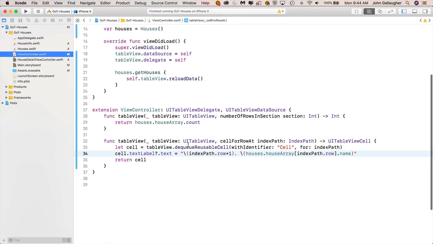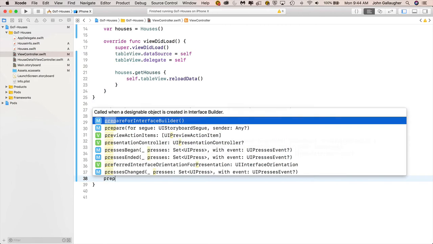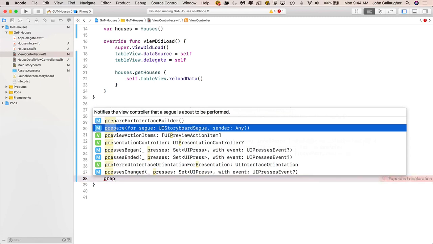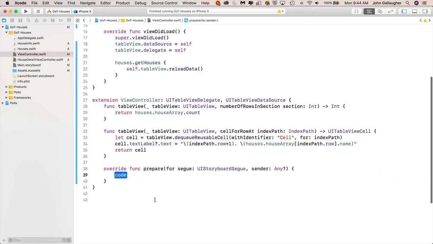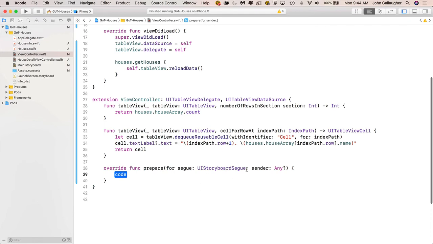So how do we pass the value in? Well, what we do here is we use our prepare for Segue. Again, that's right inside of our viewcontroller.swift code. If we start to type in prepare, you want prepare for Segue here. Now, normally when we did prepare for Segue, and you might have this in your notes, the first thing that we do is we want to try to figure out what our destination is. So we'll say let destination equal